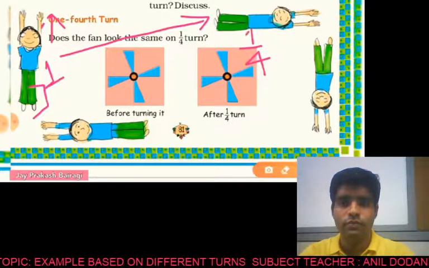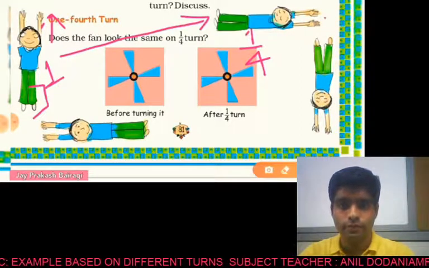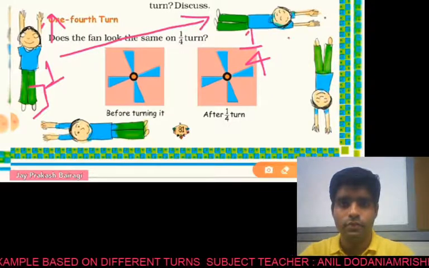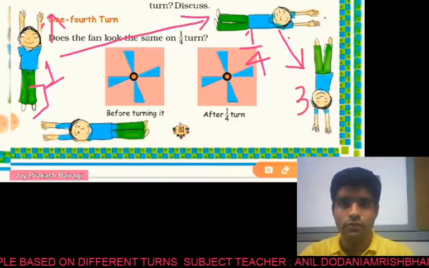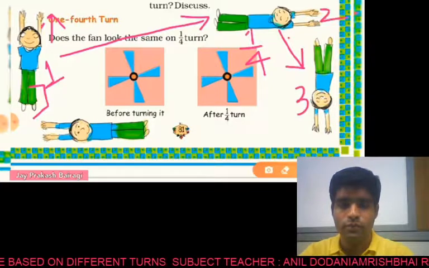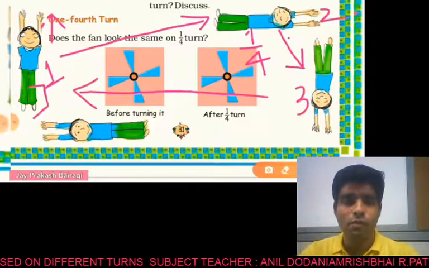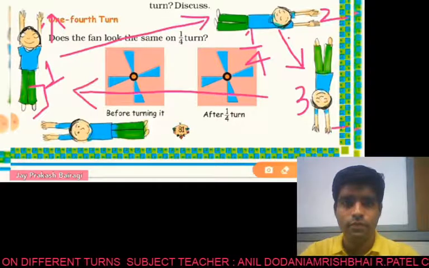Now I think you have understood this. Okay, now what will happen if this sleeping position goes through another 1/4 turn? You will get this type of position, in picture three, which is just upside down of the first picture. How can you say? Its hands are downside and its legs are upside.